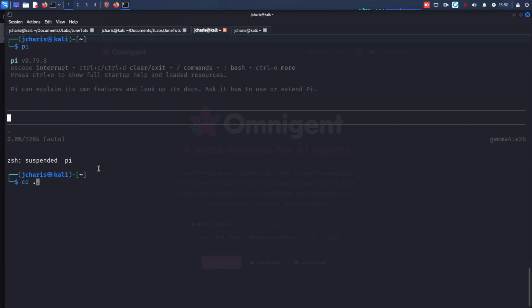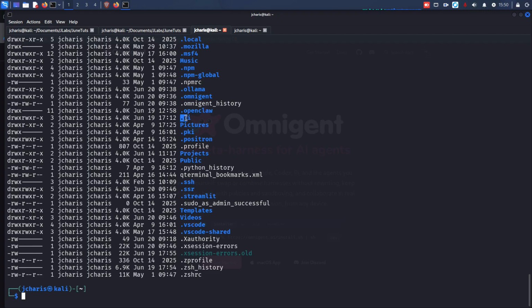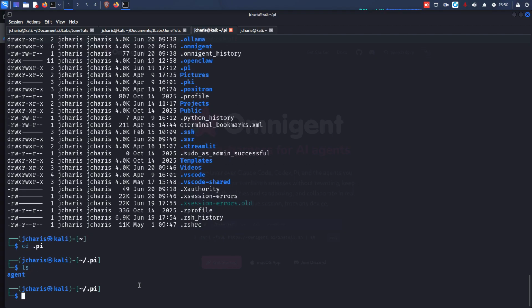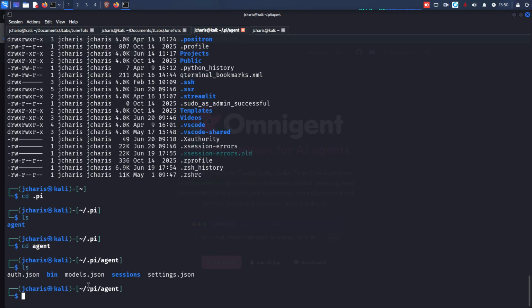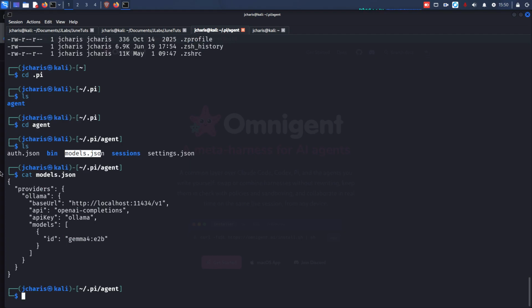Pi. It's supposed to be inside here. As you can see, we have .pi here, and this is where I have to go into. I have to go into my Pi, and then we have my agent. Then you have to create this models.json file, and inside this models.json file, you specify your